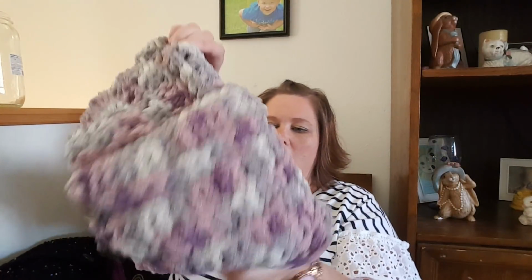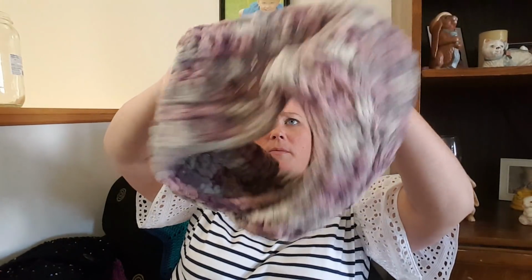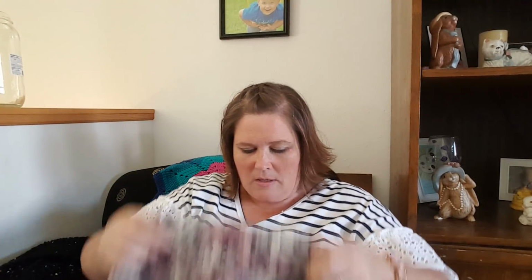But I did make a third cowl. I'm not as happy with this one. This one I made with the Bernat blanket yarn. I know Debbie said she made one, and they had a big bin of them. I can't even figure out how to hold this one. They had a big bin of them for $6.99. Here it is. So it's super soft, but